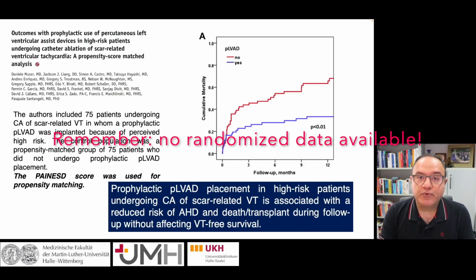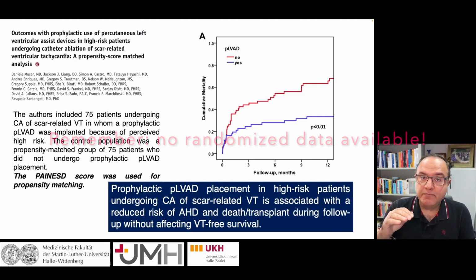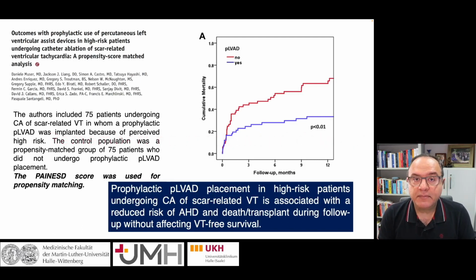This is a very important study which showed that prophylactic use, not rescue use, of hemodynamic support improves the long-term outcome in these patients. So it's very important to filter high-risk patients and to use the hemodynamic support in these patients